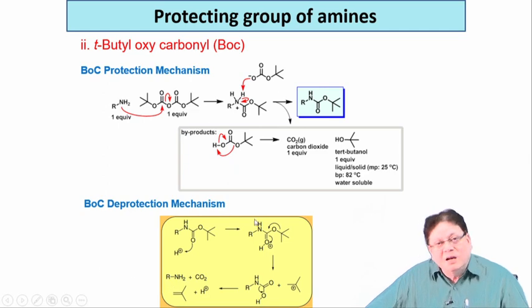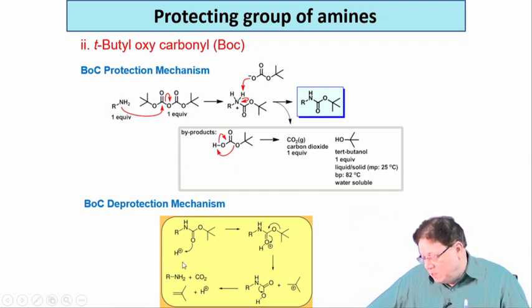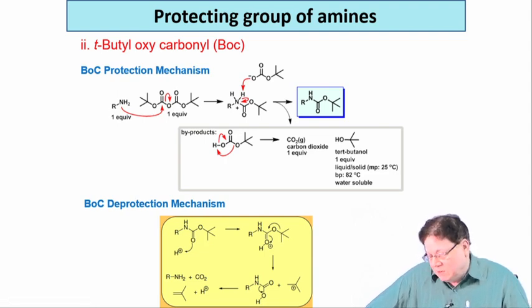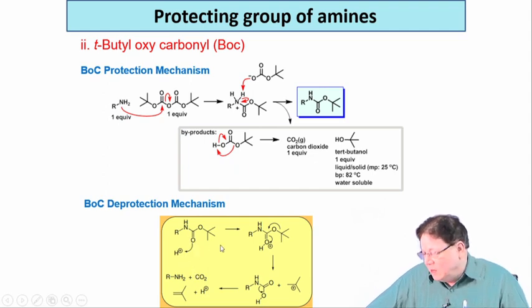Ultimately, you get T-butyl alcohol, carbon dioxide, and this TBOC protected amine. And the deprotection is by acid. So, in the acid, what you do? As I said, if you treat that with organic acid like TFA or anhydrous inorganic acids like HF, what happens here is that H plus, this oxygen is the center for negative charge, because of the donation from the adjacent oxygen and the nitrogen. So, that will be protonated, and after protonation the T-butyl group is lost.